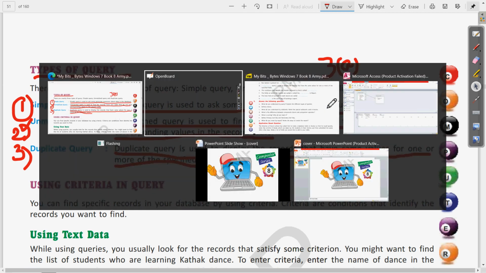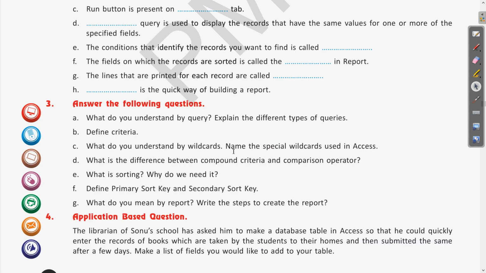Now coming to the second question, third B, that is define a criteria. Let us see what the definition of criteria is.